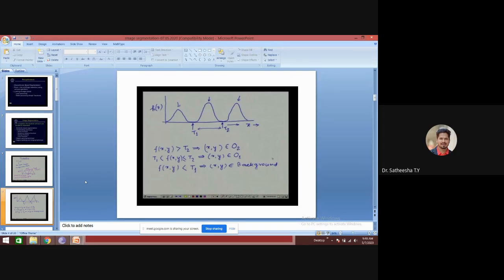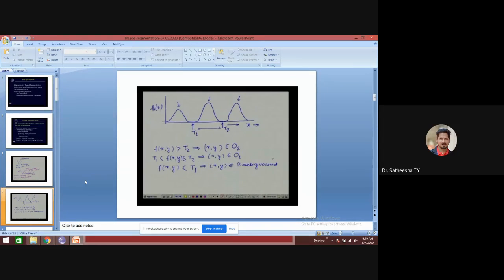So our decision rule will be that if the function f of x comma y lies between T1 and T2, then this indicates that the corresponding pixel x comma y belongs to the object O1. And obviously the third condition will be that if the intensity value f of x comma y at the location x comma y is less than the threshold T1, in that case we say that the corresponding pixel x comma y belongs to the background.